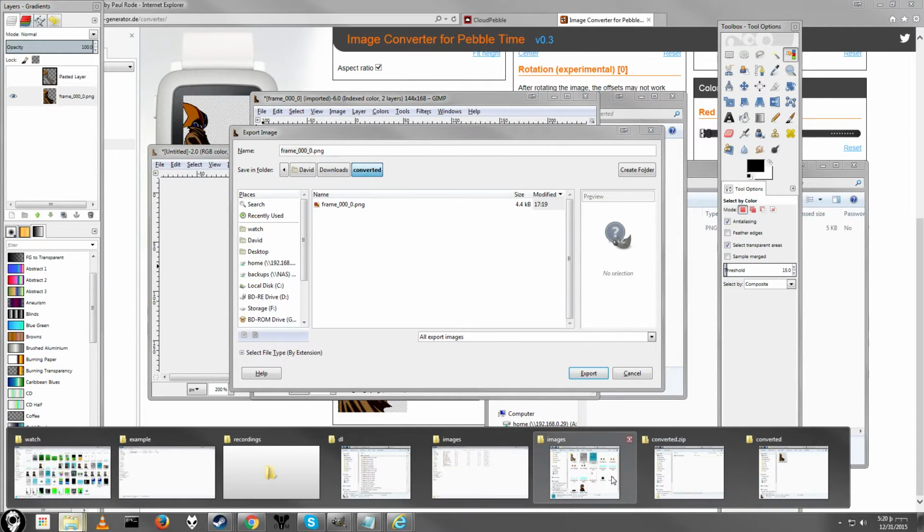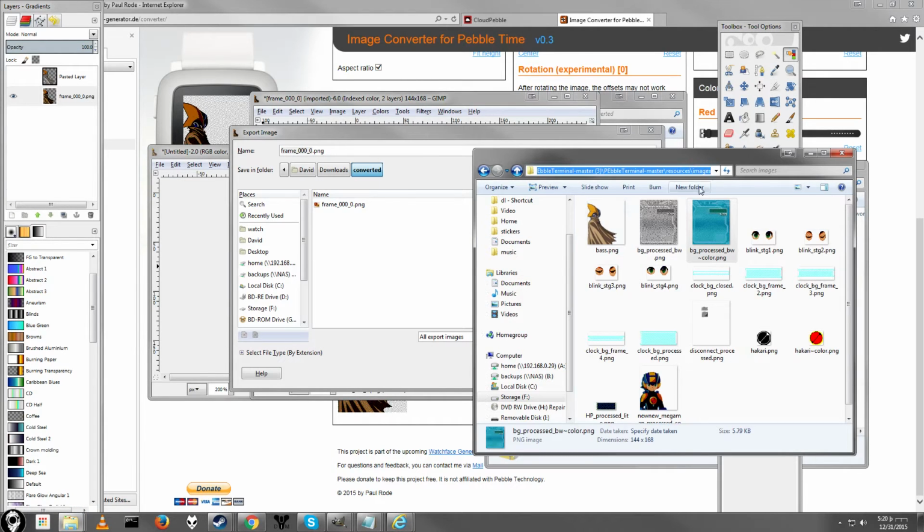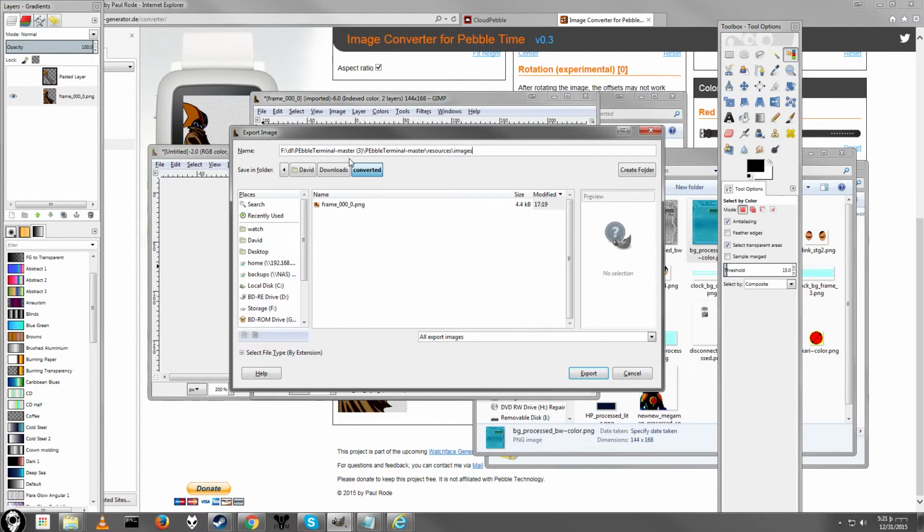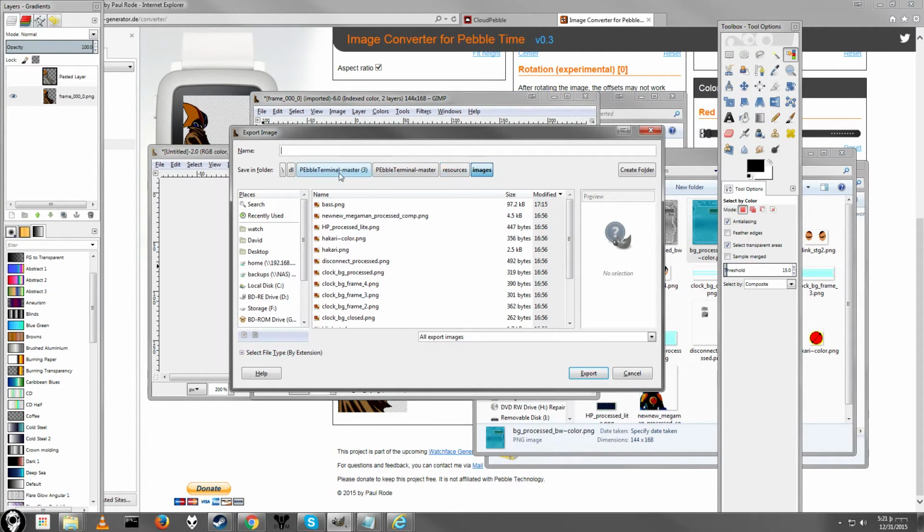Where's our folder again? I think we can still do this, so copy it from up here, put it up here, Control V, we're in the right folder, and make sure to call this something else, because if you ever want to edit base again, you want to have your original one just in case you want to make changes, and you want to have a separate copy that's your processed one, which is basically set up for the Pebble watch face. So we'll call it base processed,